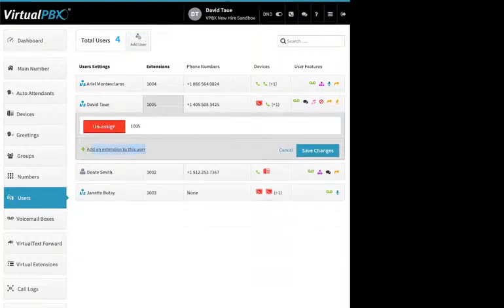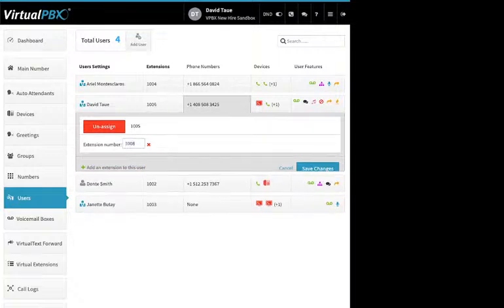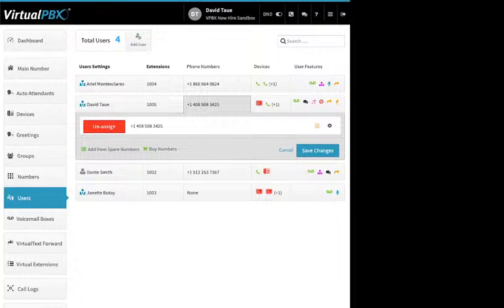The extension box, you can add additional extension numbers to a user. Just click on the link at the bottom here and then enter the new extension number and then save changes. Users can have their own phone numbers, meaning it rings directly to them and to no one else. Just be aware that a phone number on a user is available 24/7, has no hours of operation or anything